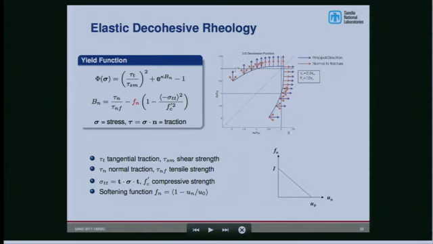And in terms of the yield curve, here we have the yield curve in stress space. So phi equals 0 is the line here. The blue arrows indicate the principal direction of stress, and the red indicate the normal direction to the failure surface given that principal direction. And so the idea behind this model is we really want to transition from brittle failure into ductile failure.